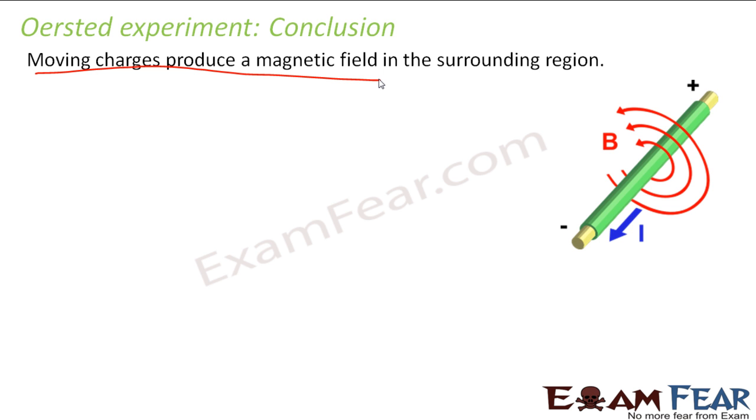Okay, so this is the same figure which I displayed in the previous slide. So now you're clear? When the charges are moving, I'm repeating this over and over again so that the concepts are absolutely clear in your mind. You don't need to memorize things, you should understand things. When you keep a charge at rest, that charge will produce an electric field around itself. Similarly, when that charge starts moving, along with the electric field, it will also produce a magnetic field.